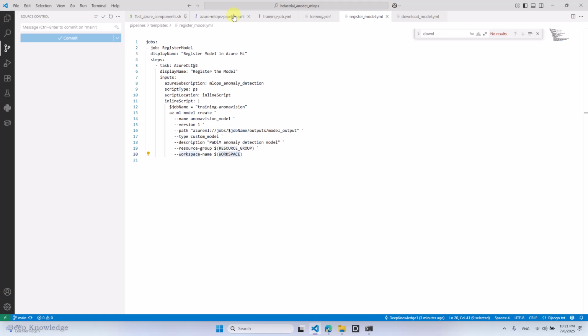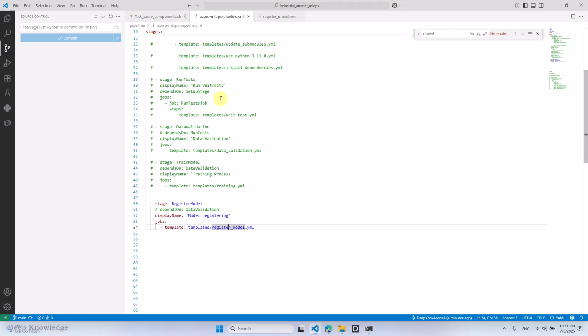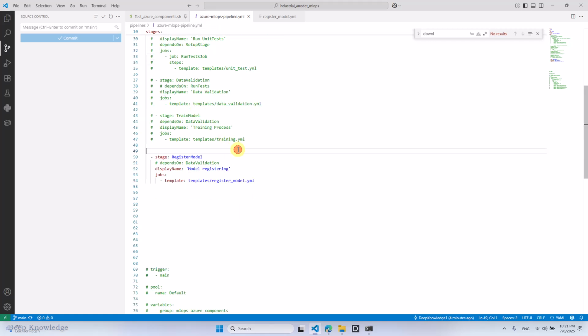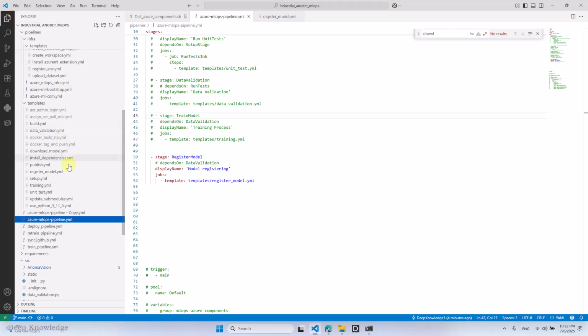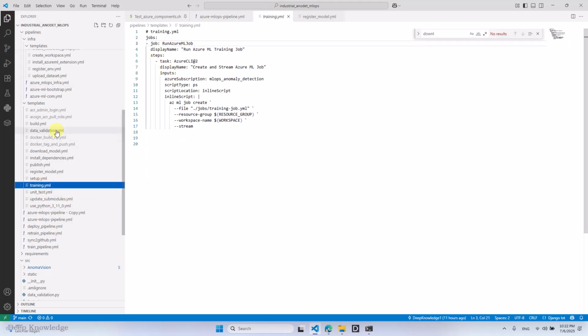So now this is the pipeline. Let me just close these pipelines. So this is our pipeline. I just commented this out because when I ran this several times, it took a long time. And one more thing, which is the training here, as you can see in the job,